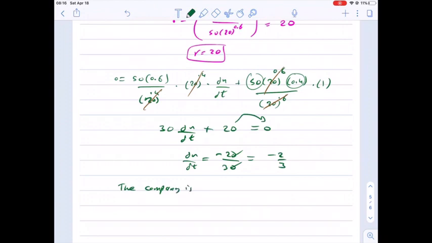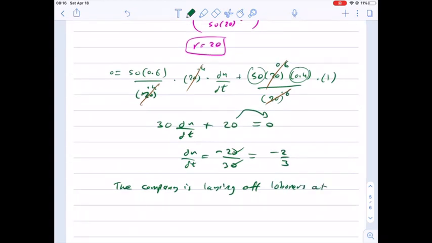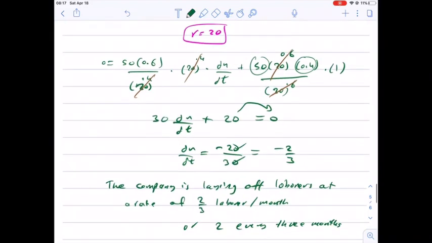So the company is laying off laborers at a rate of 2/3 laborer per month, or 2 every 3 months. And as we can see, the quantity n is decreasing. That means shrinking, and that means we have